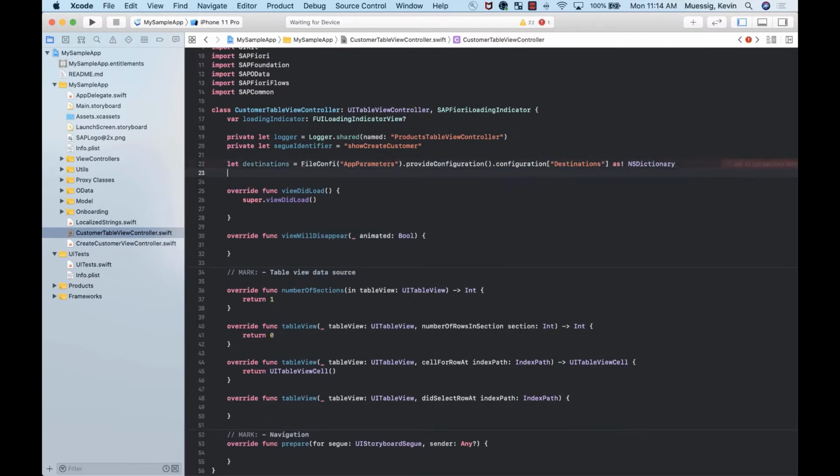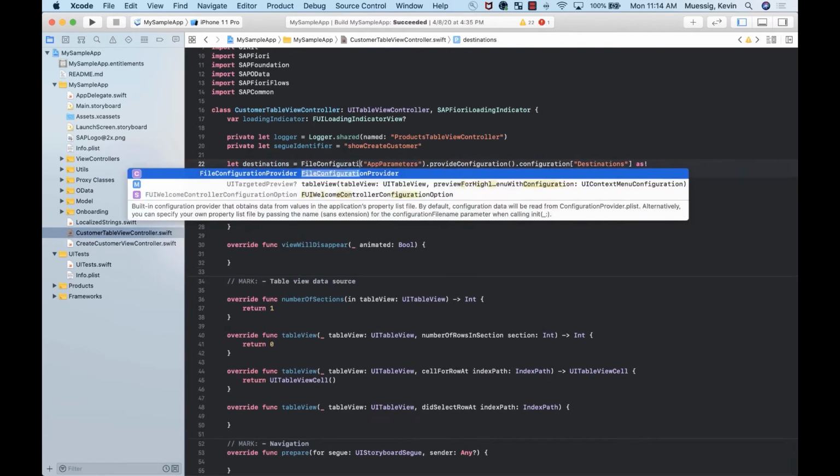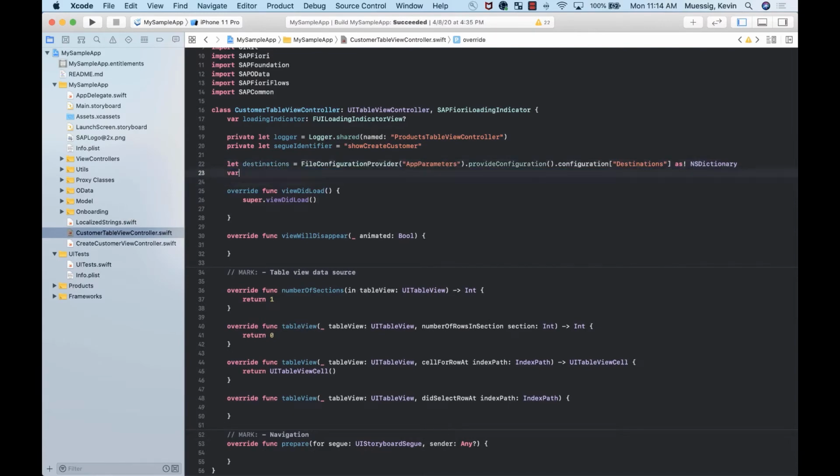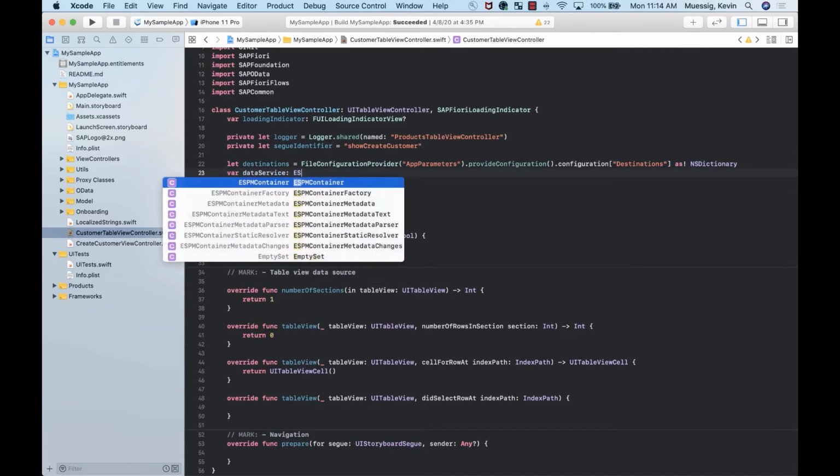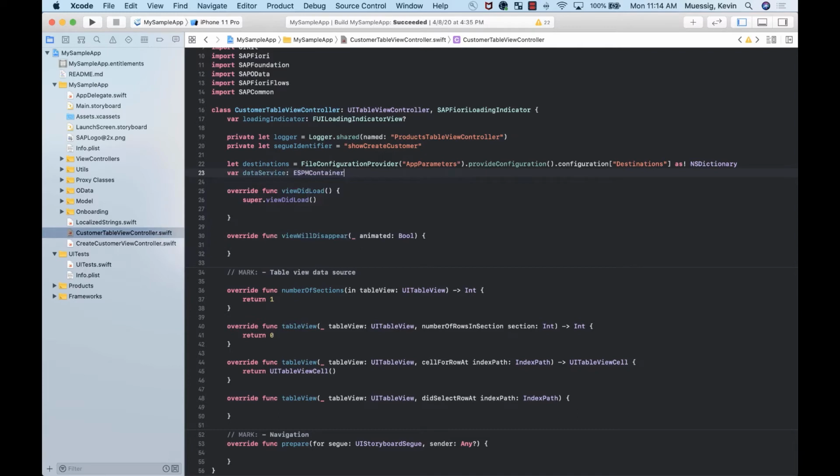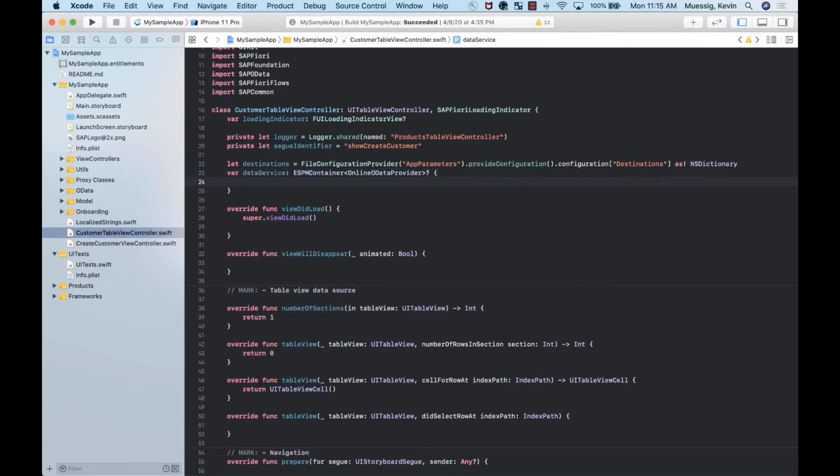Next, we retrieve the data service. So, file configuration provider. There you go. Okay, var data service. And then in here, this is going to be an ESPM container, and I talk about that in a second. And we're using an online data provider because we're not using offline data. And then we do something in here. This is a computed property, so computed properties have a block here where you can define what that property represents or should give back. We're going to implement that in a second, but first, this ESPM container, and I've talked